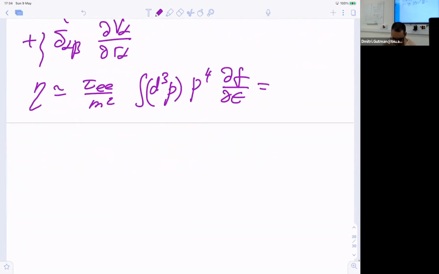And now we can compute it explicitly and get that it is equal to